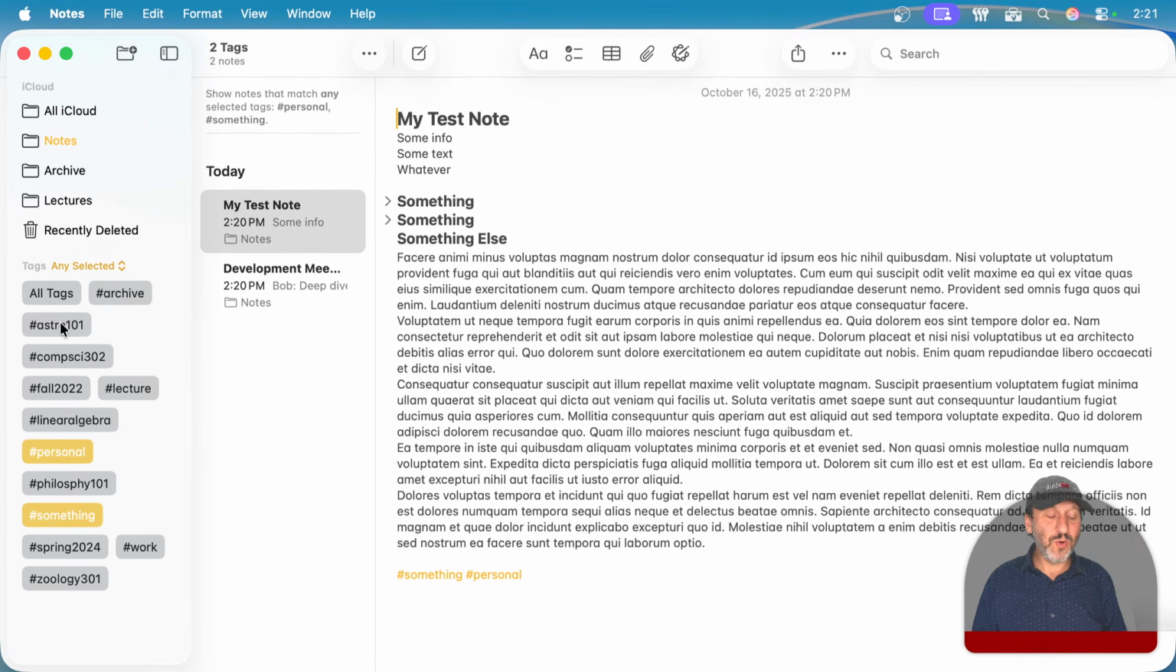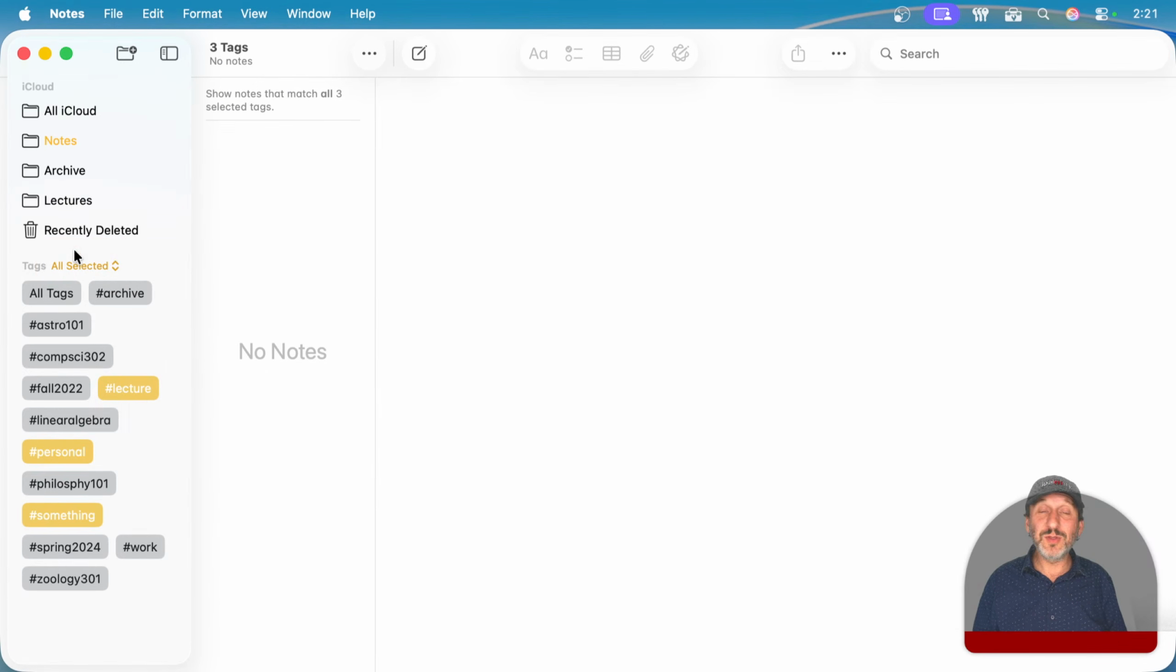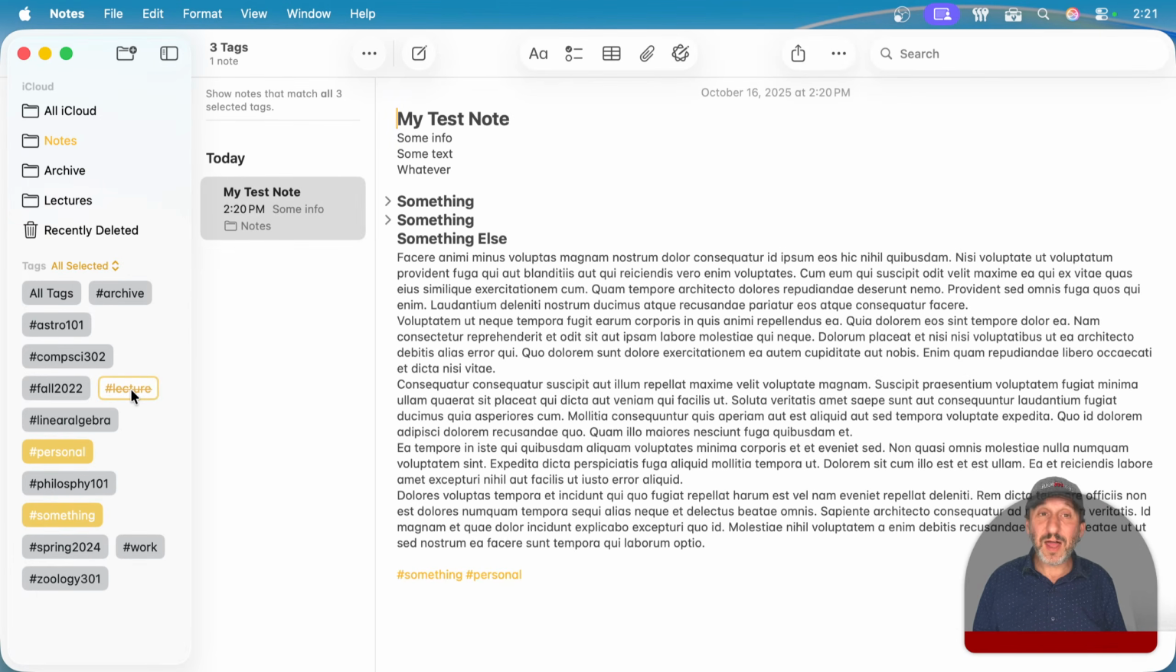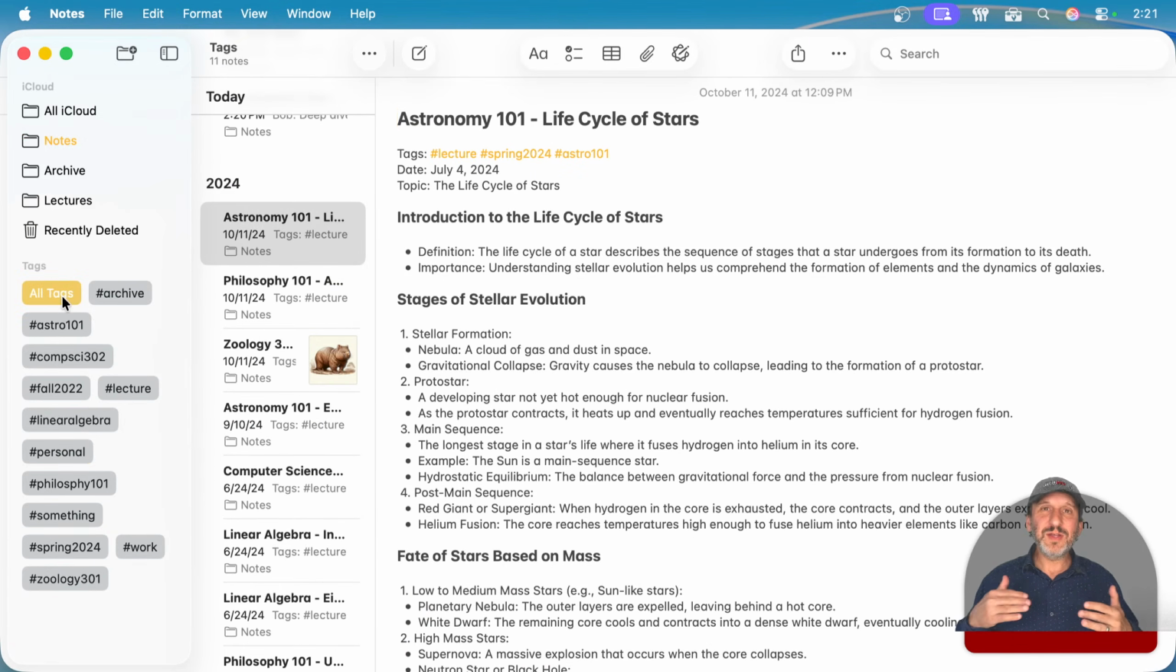So now I could say work, personal, or something, personal and lecture. Show me things that have any of those. But I can also say, show me notes that have all of those. Or show me notes that have personal, something, and not lecture, right? So you have all sorts of different ways of going through these and figuring out which notes you've got. So you can tag notes with so many different things